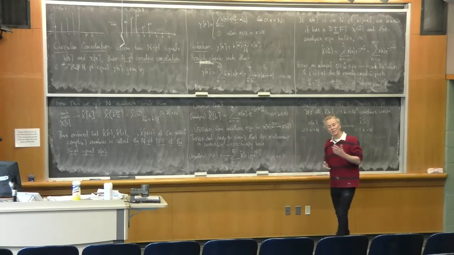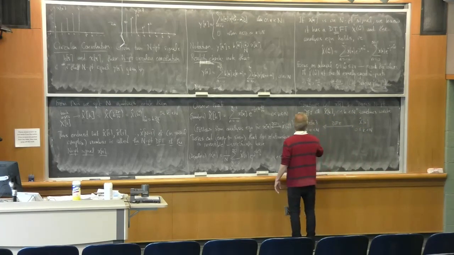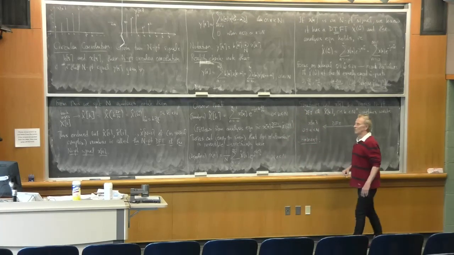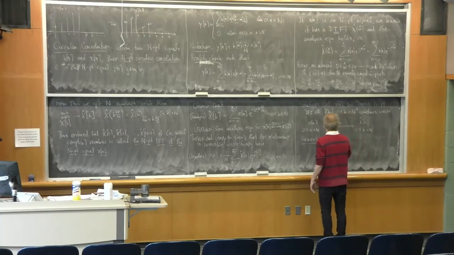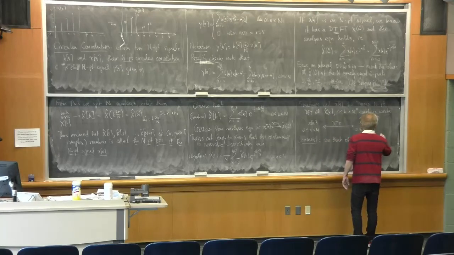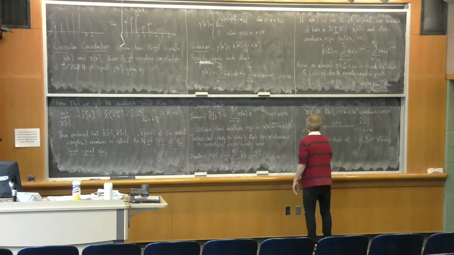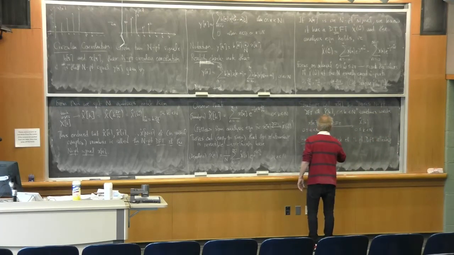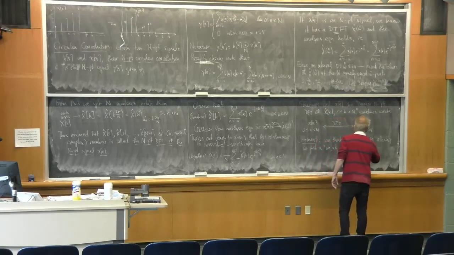X hat of k is just a list of numbers, x hat of 0 up through x hat of n minus 1. So you can think of this, and this is a comment for you data scientists and machine learning aficionados. That's another place where the DFT comes up. You can think of the endpoint DFT relationship as just a linear algebra thing, quote unquote, a relationship